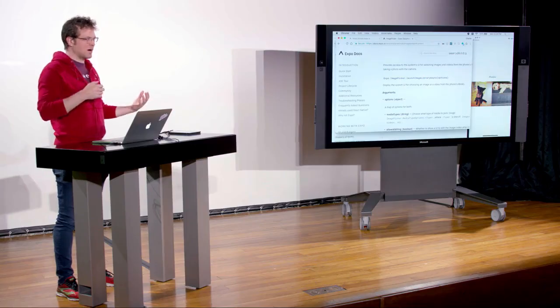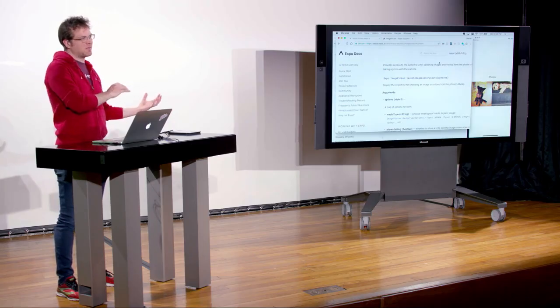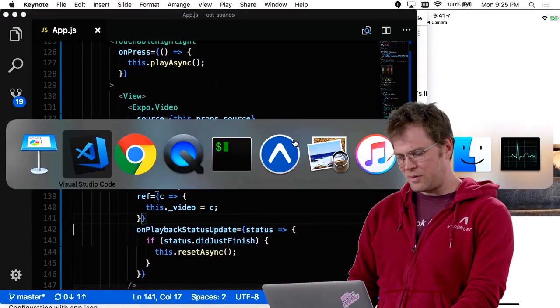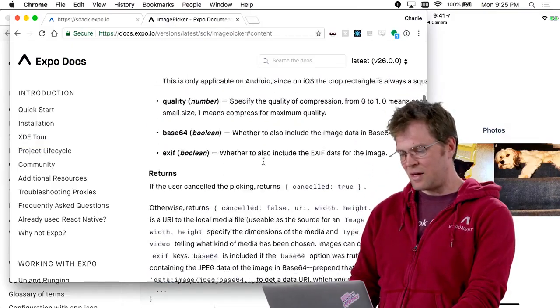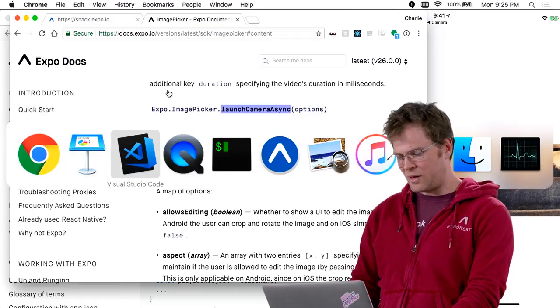But if you want to make something where the camera is a big focus of the app, or you want to customize the way that it works, you'll need to use the camera component, or write your own camera roll component. And so I'm just going to show this image picker thing first, which a lot of people might find useful, and then I'll go into a little bit on the camera stuff. There's two main things that image picker has: launchImageLibraryAsync, and then launchCameraAsync. I'll do both of them, but we'll start with the